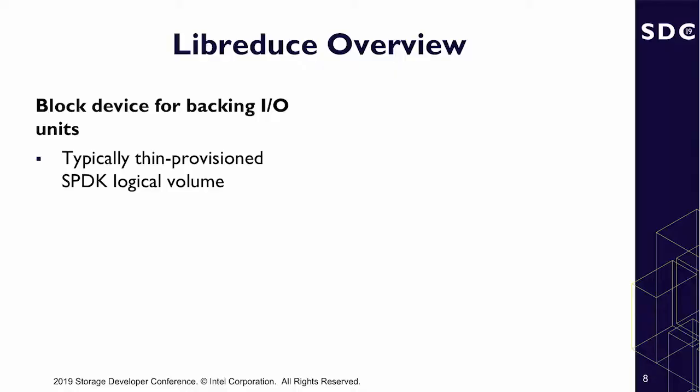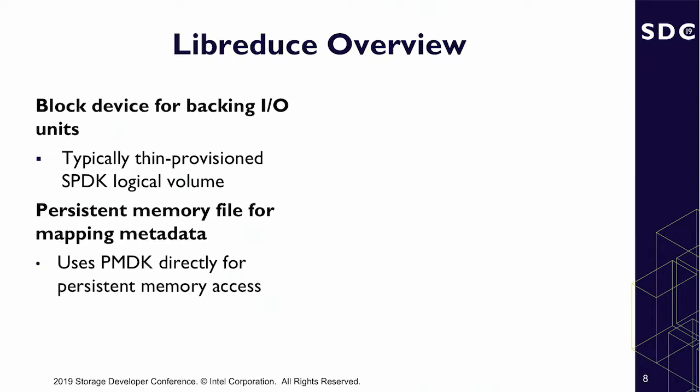So there's three main pieces to this library. The first one to construct this is you need some sort of block device for your backing I/O units. I'm going to use this term backing I/O units here. It's basically where we're going to store the compressed blocks on disk. I'm going to talk about some cases where we actually don't store compressed blocks. We store the uncompressed blocks, and so these backing I/O units and the backing I/O device really refer to that. And so with this implementation, we're going to typically be using a thin provisioned SPDK logical volume,